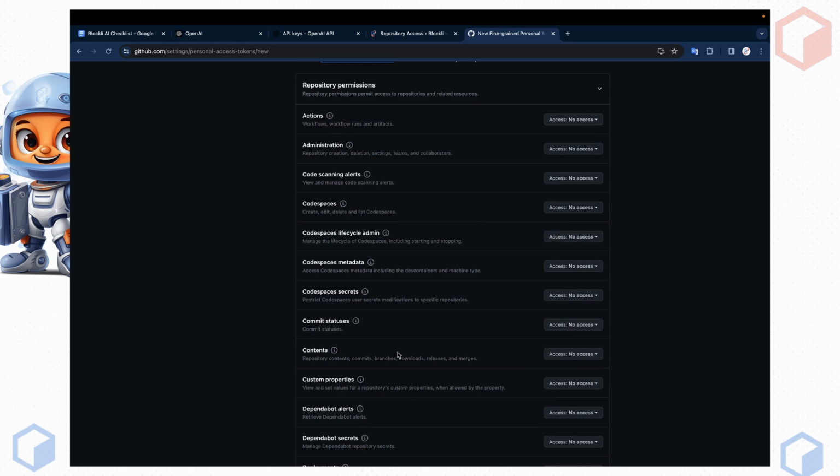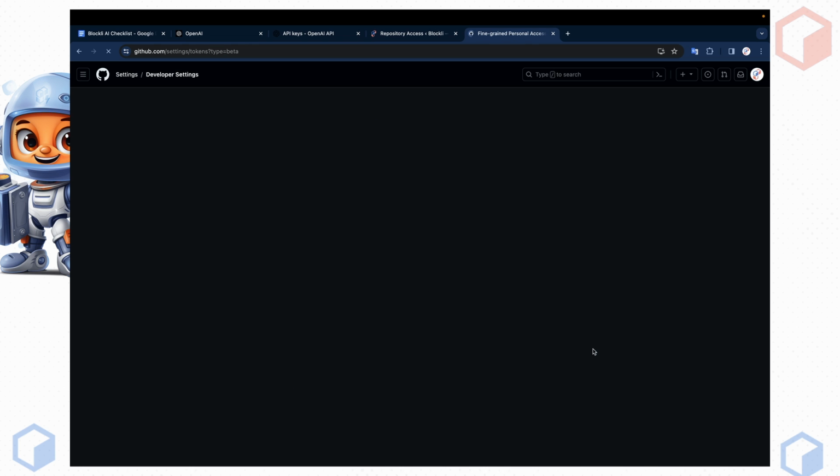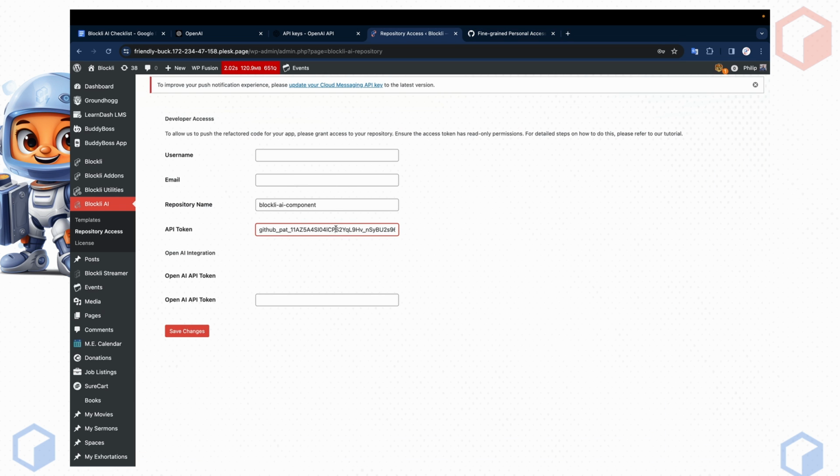So here you want to give access to your repository content, commit, branches, and downloads. So we're going to come here, we're going to say read and write access, that we're giving that, and then we're simply going to come here and then generate access token. And once that access token is generated, you can copy it, come back here to the plugin. Of course, this is where you're going to put your GitHub API token, and then here you put your OpenAI